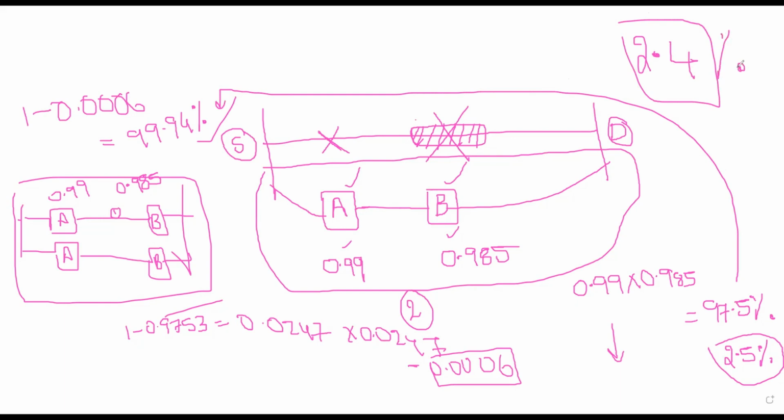Reliability has increased by 2.4%. Suppose, in a span of a year, I am reducing 2 failures. For example, I am reducing 2 failures in a year by adding these 2 components. Let's suppose for a failure I lose 1 crore rupees due to repair cost or shutdown, anything. So every year I am saving 2 crore rupees.